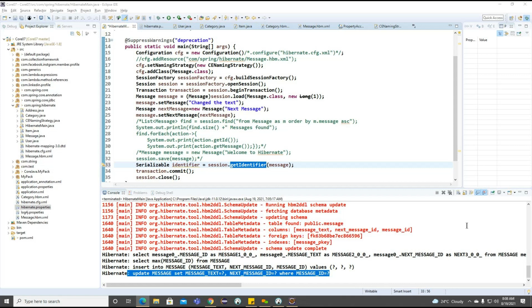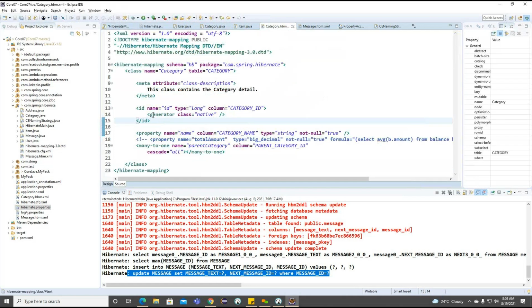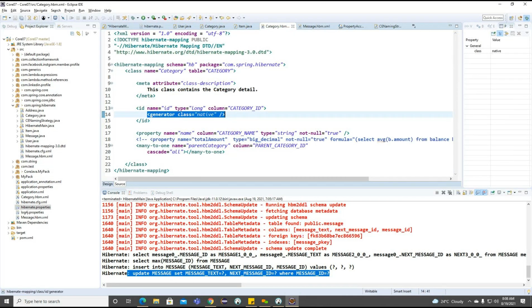Now we identify the generator here, the generator for this category. Now you can see the generator class we made as native here. So what exactly is this native going to do here? Getting the point.